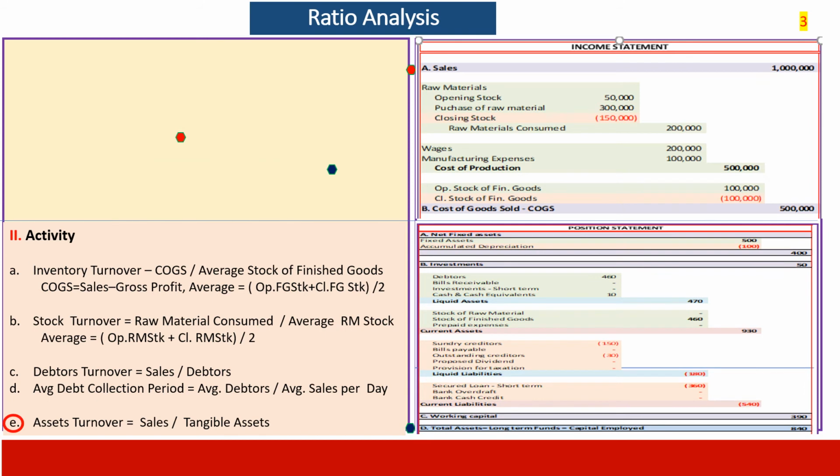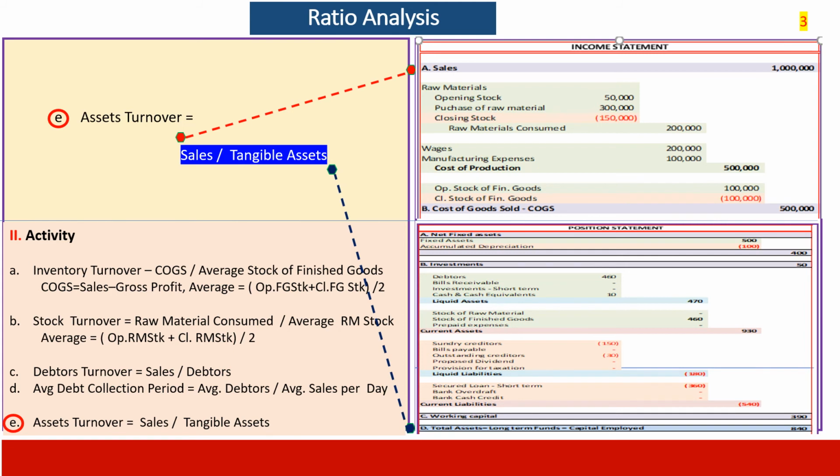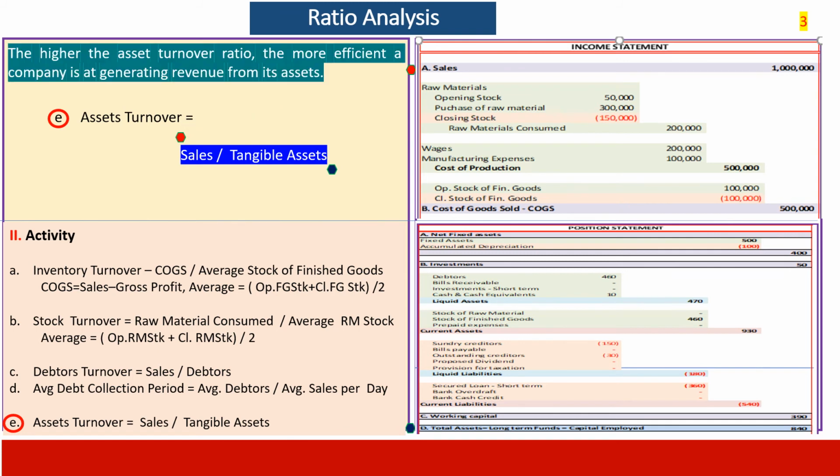And asset turnover, sales divided by tangible assets. As we have seen, tangible assets is once again the same figure which is capital employed. And it goes without saying, the higher the asset turnover ratio, the more efficient a company is at generating revenue. We aim at faster